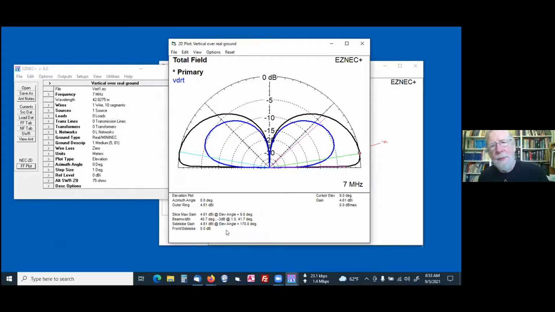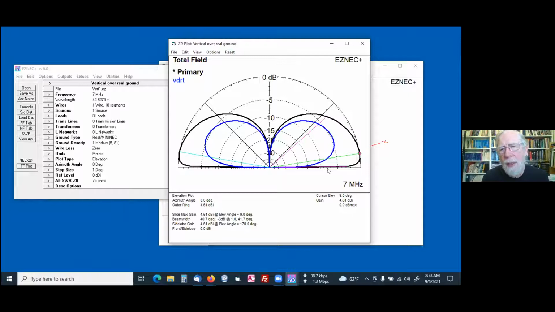Okay, now we're comparing the vertical plot over common ground with the plot over saltwater. And you can see that the difference between average ground and the saltwater ground is profound. So if you've got a boat, you put a vertical antenna up, you're going to have very good low angle radiation. Of course, if you hit a perfect ground, this comes clear on down to the bottom and you get a strong signal at the horizon